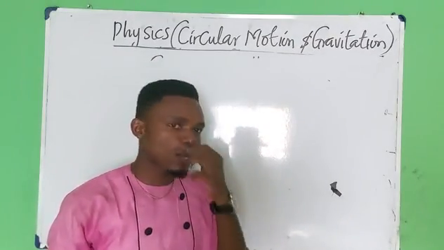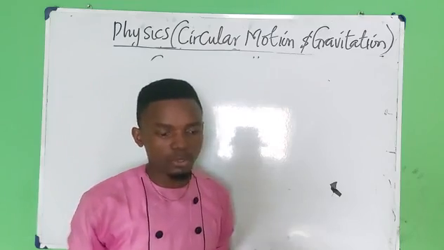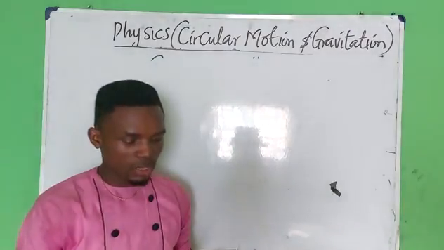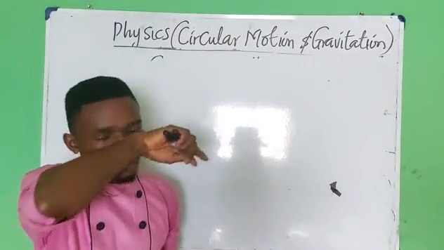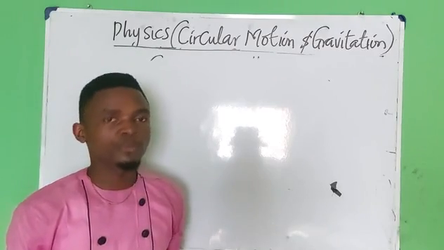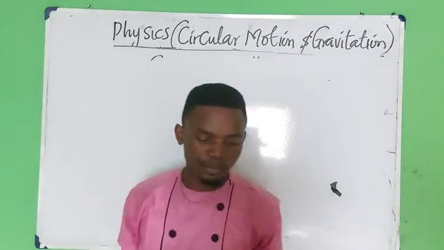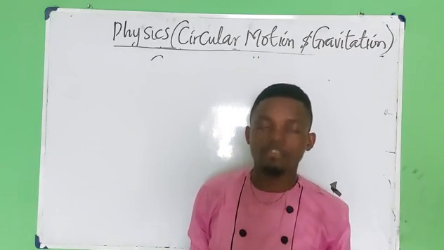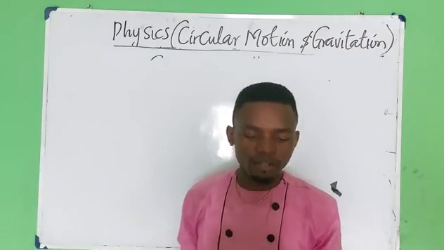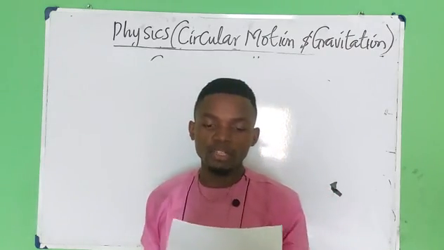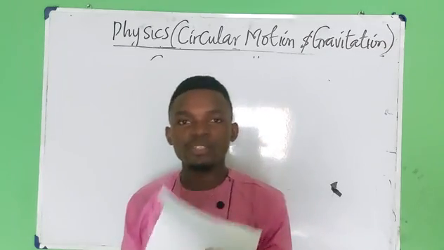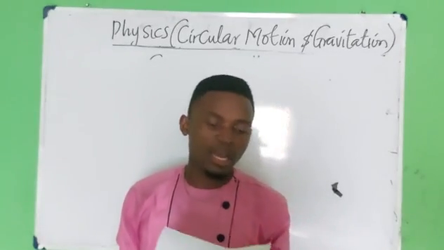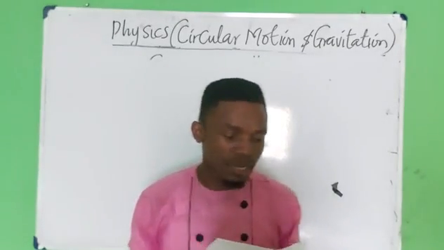So let's solve one or two questions. I will just dictate it because we've spent much time already. So I'll dictate, you will just simply write. Alright, I'll solve question 1, you solve question 2. Hope you are with a pen. Let's write. A car is traveling around a circular track with a radius of 10 meters at